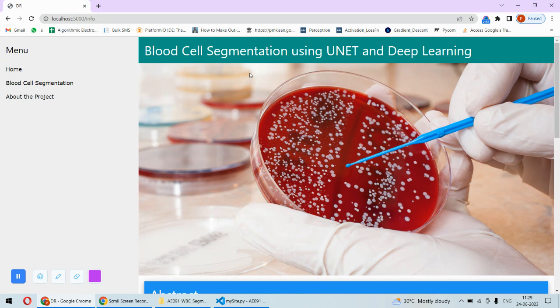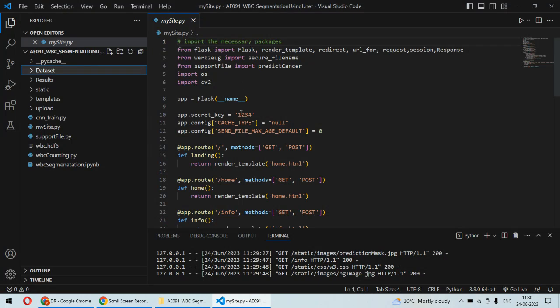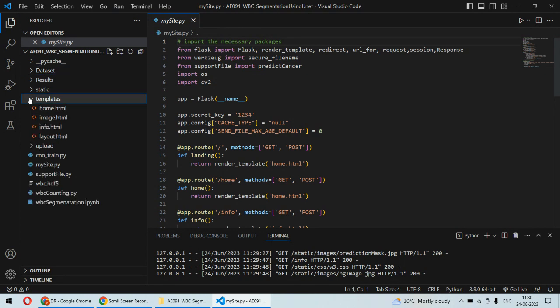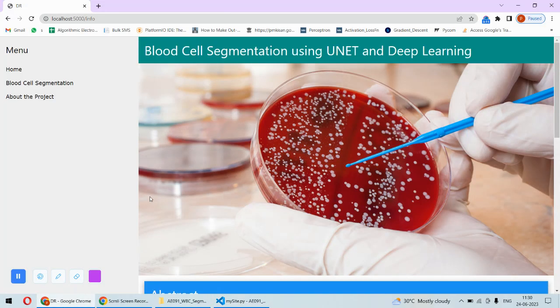As far as the programming language of this project is concerned, we are using the Python programming language, the Flask framework of Python, and the UNET algorithm, which is a deep learning based algorithm. And at the front end side, we have some HTML and CSS coding to build this kind of web application. So in case you need any code of this particular project or any support regarding implementation of this project,